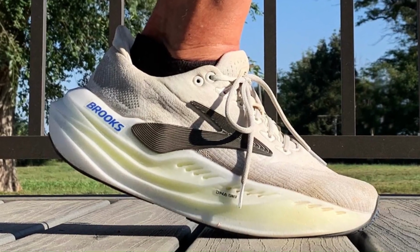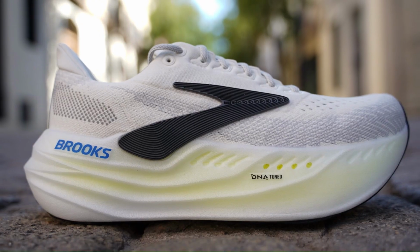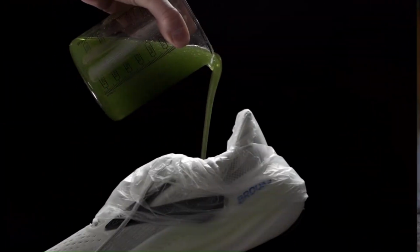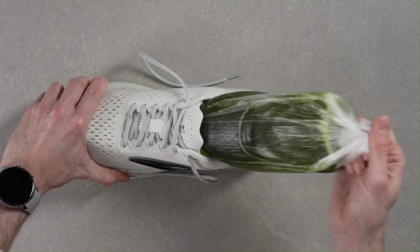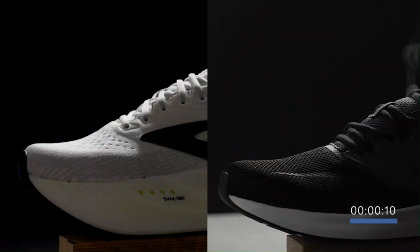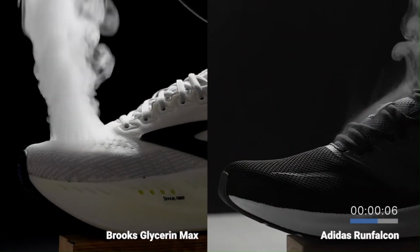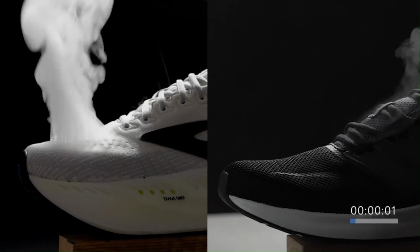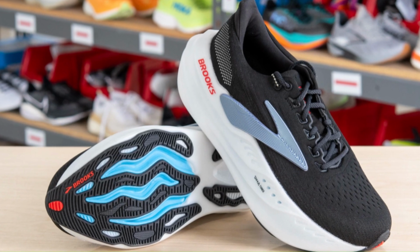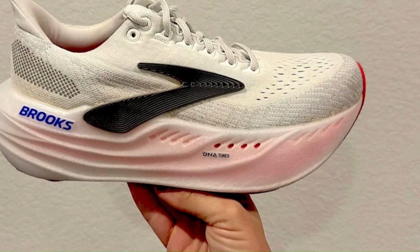Brooks' new DNA-tuned midsole starts with its familiar nitrogen-infused EVA-based compound, but instead of being a consistent density throughout, the foam has different sized cell structures in different locations, making it softer on the outside of the heel and firmer and more responsive on the inside of the heel and throughout the forefoot. The result is a high-cushioned shoe that "doesn't wallow and allows the foot to engage as it rolls through the stride, making it a shoe that I, usually a max shoe hater, wanted to wear more," noted one